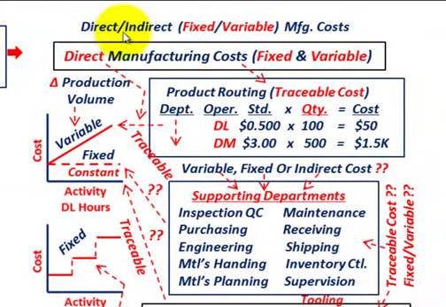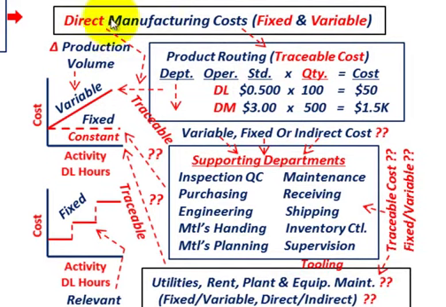What we're going to be going over here is direct and indirect, both fixed and variable manufacturing costs, and we're going to get an understanding of what these costs are and how we classify them. And generally, when you're talking about manufacturing costs, you're talking about labor, materials, and overhead. So let's just start with our direct manufacturing costs, and we're going to be looking at both fixed and variable